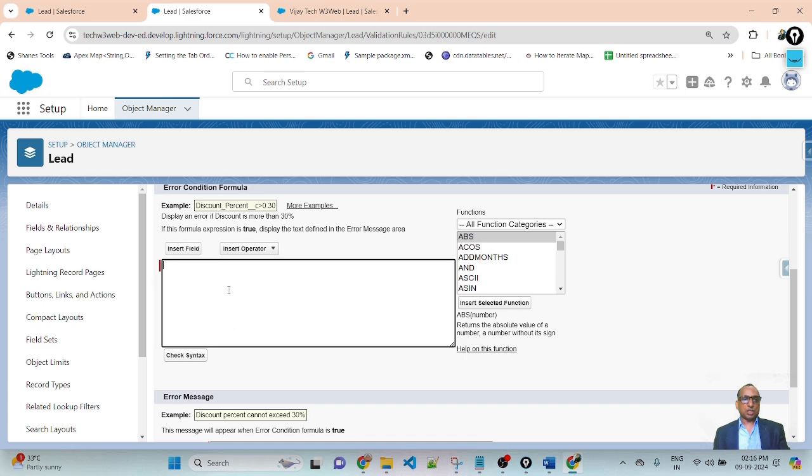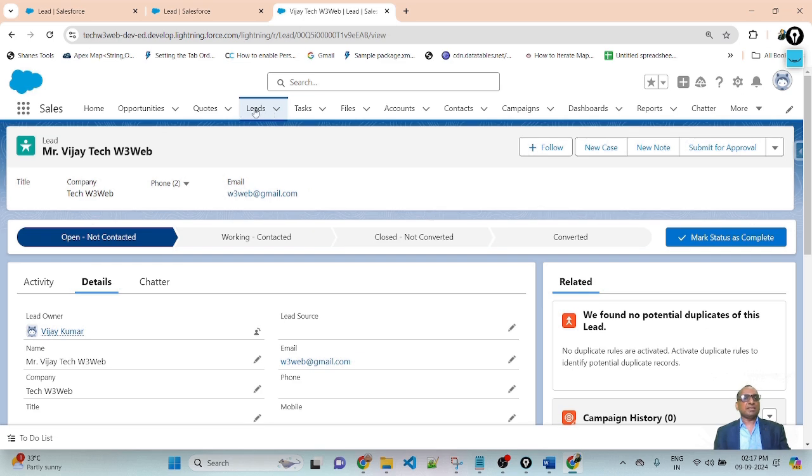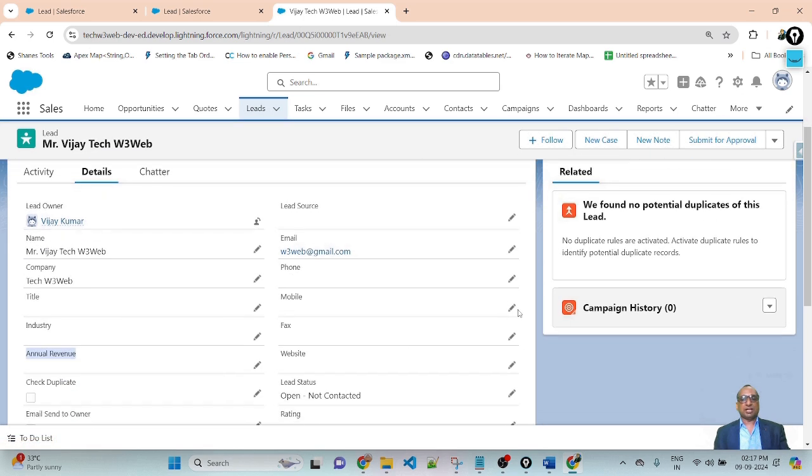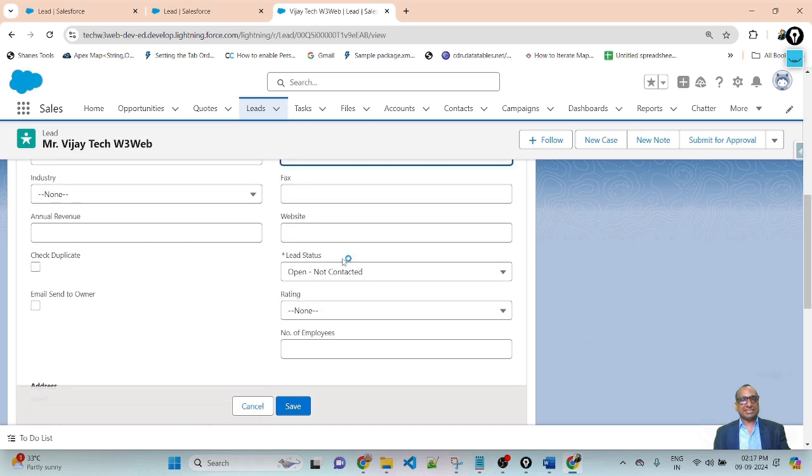Then this is the logic. Here you can write the logic. Logic means condition. Based on the condition, I will check the validation rule. So let me open a record of the lead object. Let me open one record. This is the lead status and this is the annual revenue.